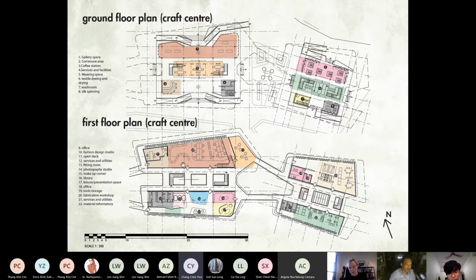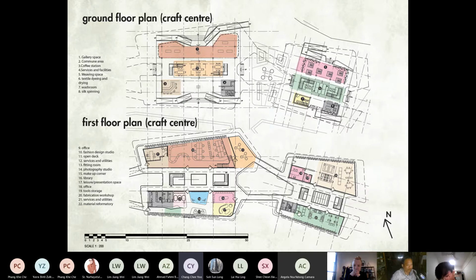And this is the first floor plan. At this part is the design studio, and over here are the photography studio, library, and some presentation areas. So it's like a supporting program for the design studio. And then towards here is the material fabrication area.